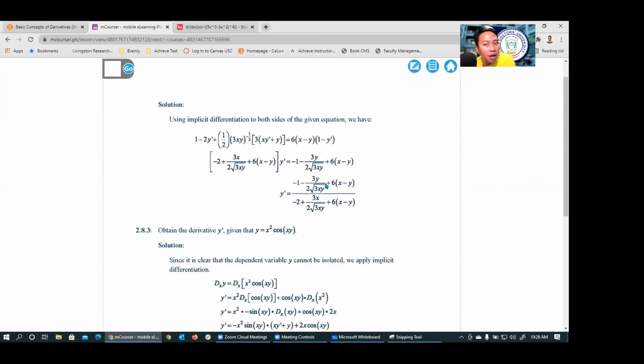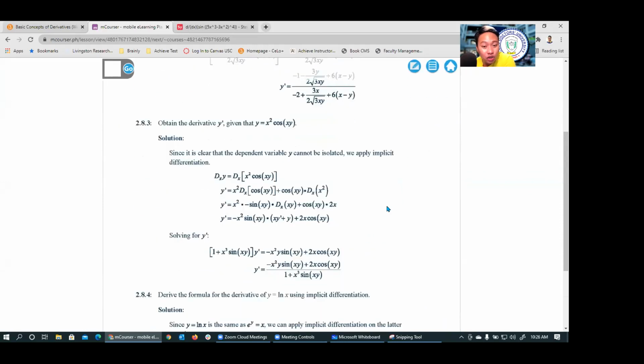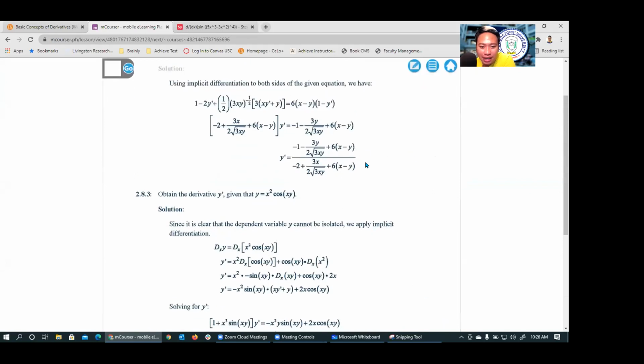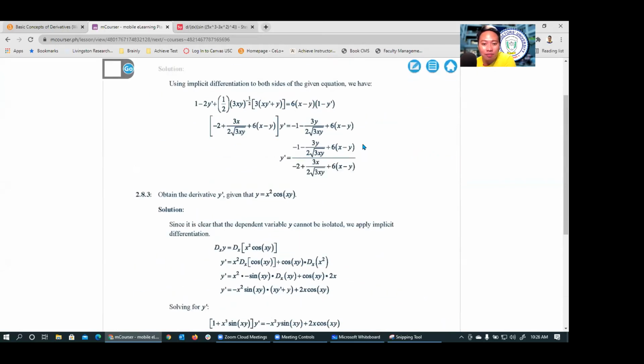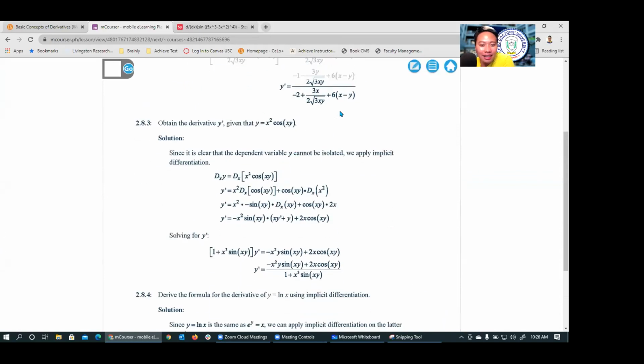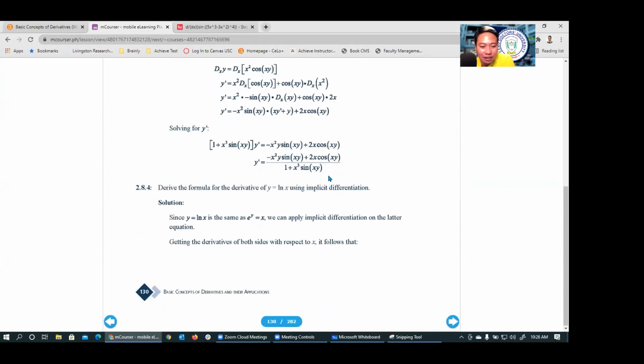It may be complicated, the final answer, but guys, try to do it before checking the answer here. I can guarantee you it feels fulfilling if you manage to answer. It's not technically a good answer, but try to compare if they are the same. Just look at it, and then, same thing, you can just practice this, guys.